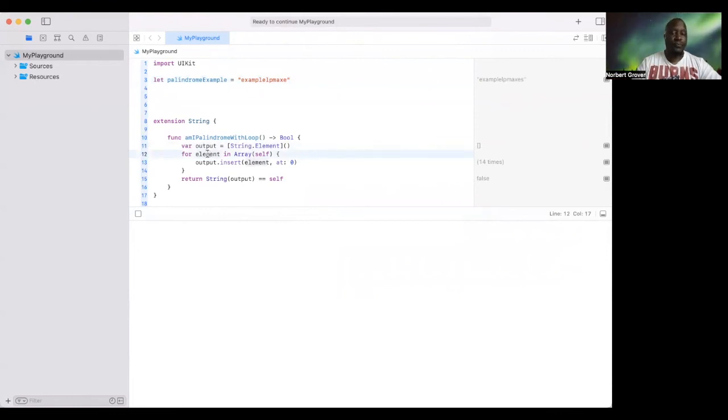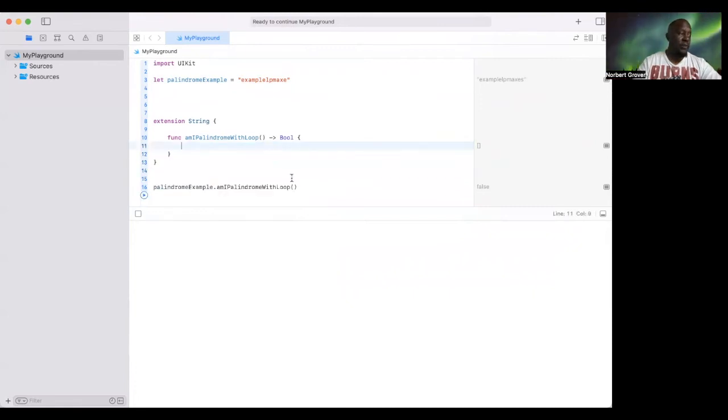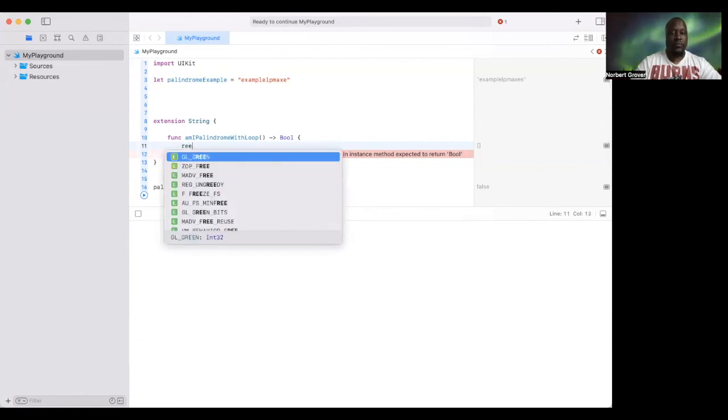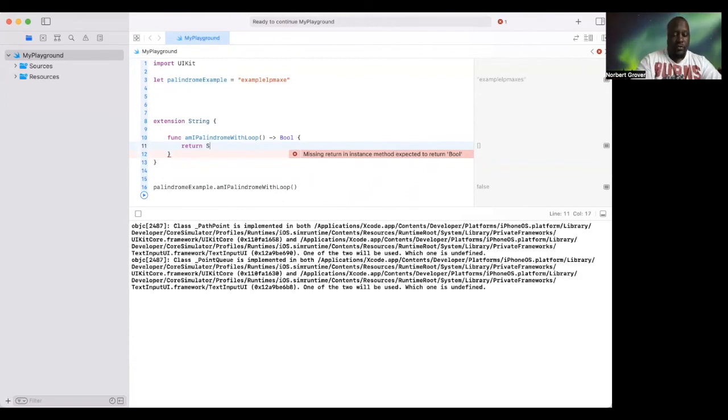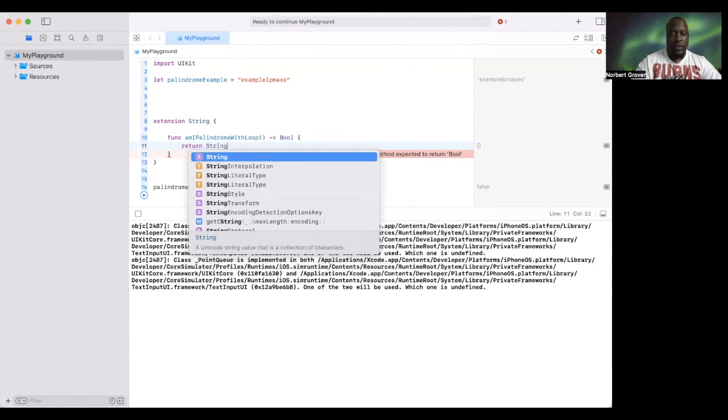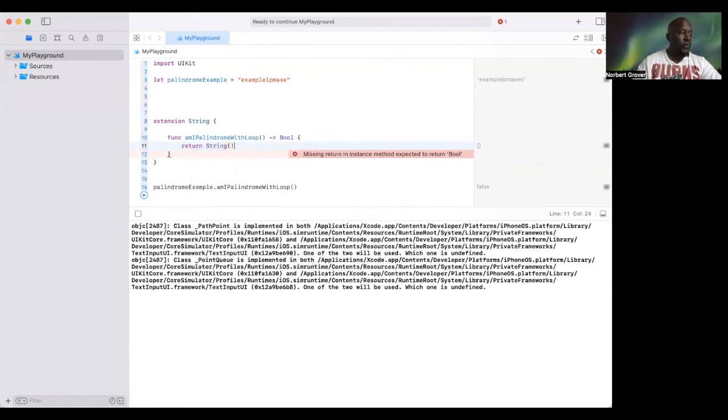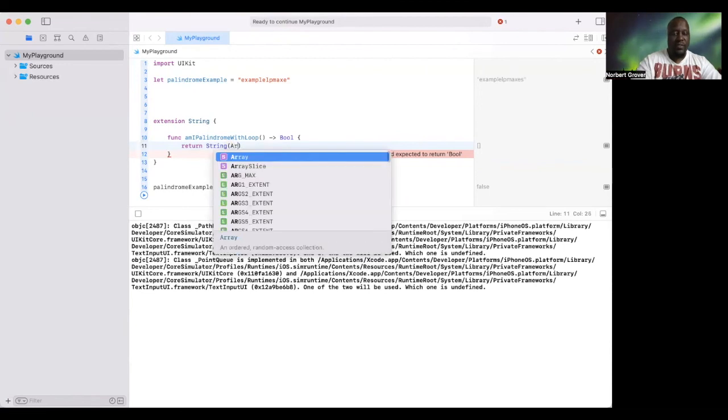However, you did this with a loop. Now I do it without a loop. It's simple. You just reverse it, right? Which is super simple. So basically I can do it all in one line. I'm going to say string, of course, array,